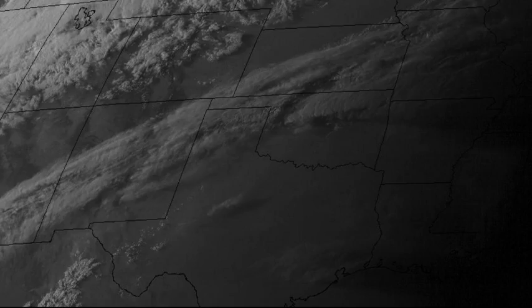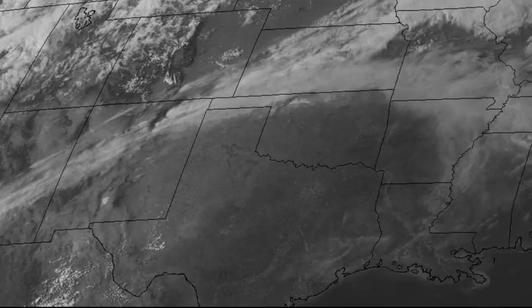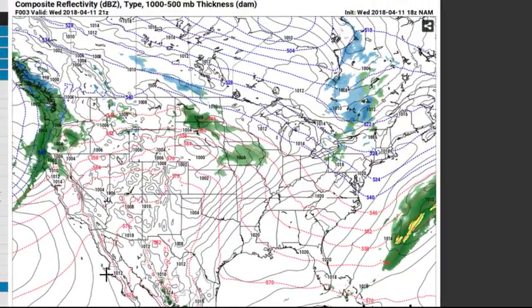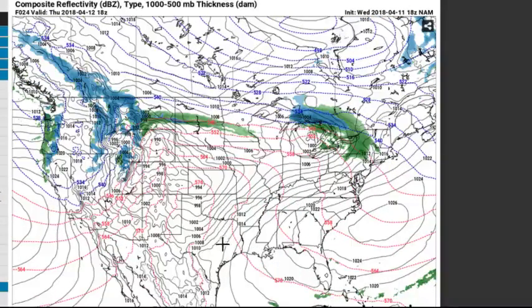All right, so I think everybody's probably wondering about prospects later in the week, so let's head to that. There's not a whole lot of weather going on, so this will be kind of a short one. We'll start out with the NAM, and let's see how things look for tomorrow. Tomorrow's Thursday, so we're going to be under that south flow, and you can see the isobars starting to stack all the way up the coast. So we're opening up the Gulf. The moisture is heading north,